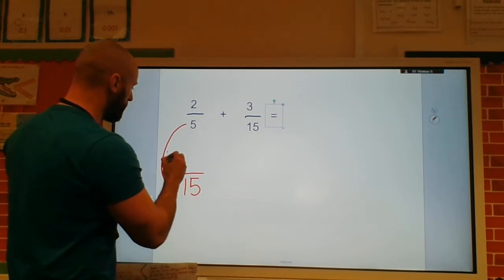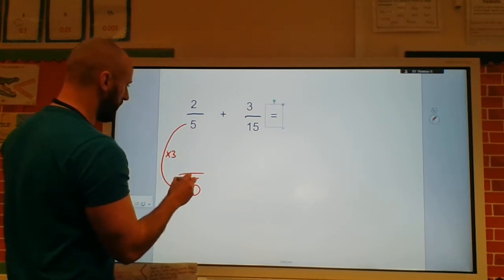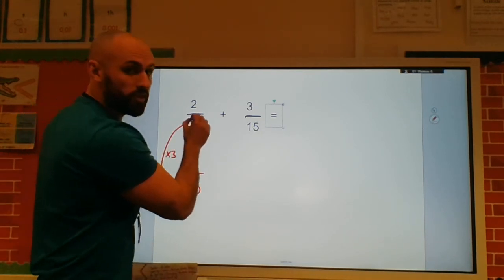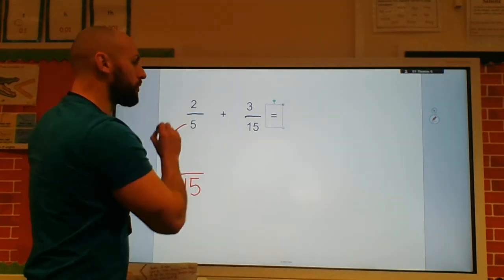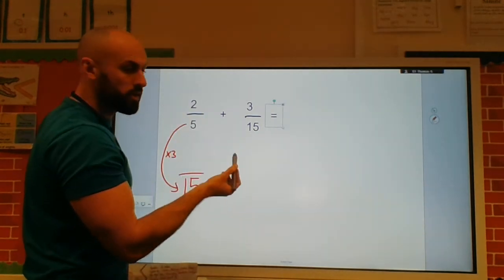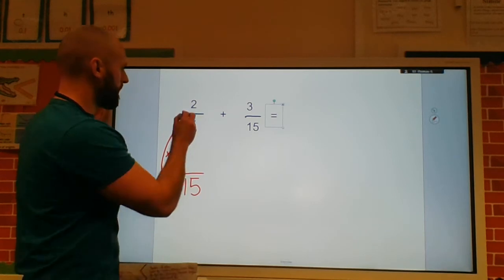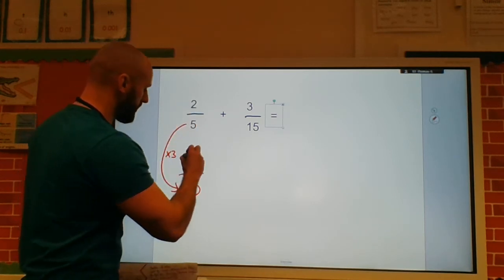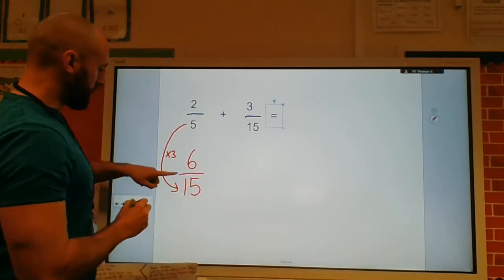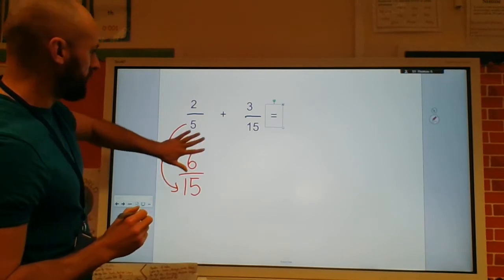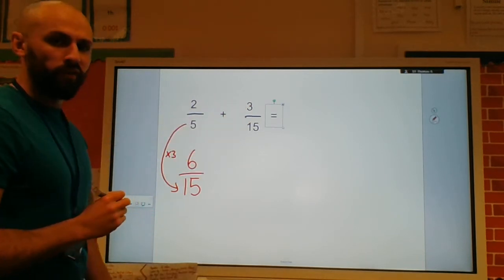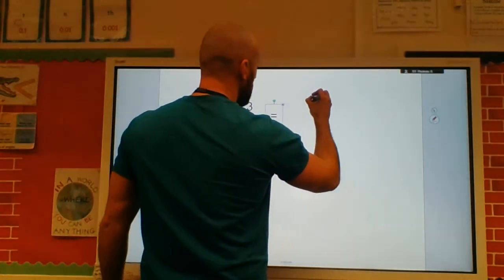Well, 5 times 3 is 15. So remember, whatever you do to the denominator, you must also do to the numerator to make it an equivalent fraction. 2 times 3 is 6. So now I do 6/15 add 3/15, which would give me